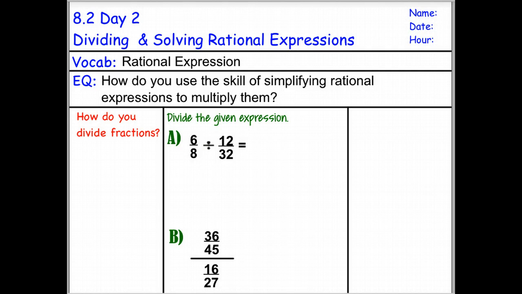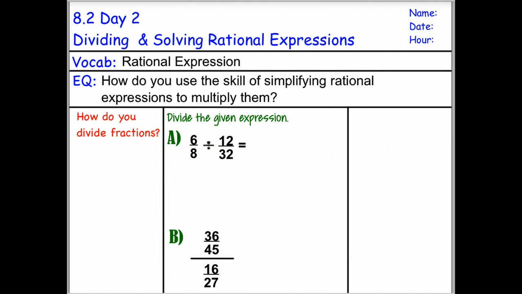Yesterday we looked at simplifying and multiplying rational expressions. Today we're going to go one step further. We're going to work with dividing and finally solving. To start off, let's refresh our memory, since fractions are rational numbers, and take a look at remembering how we